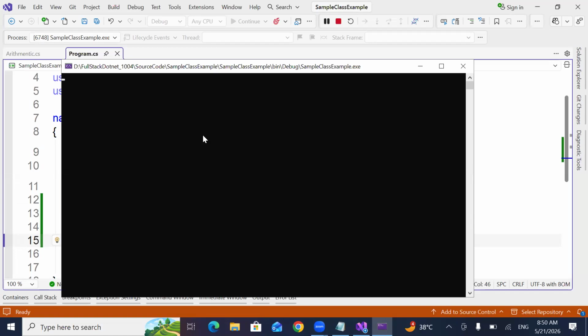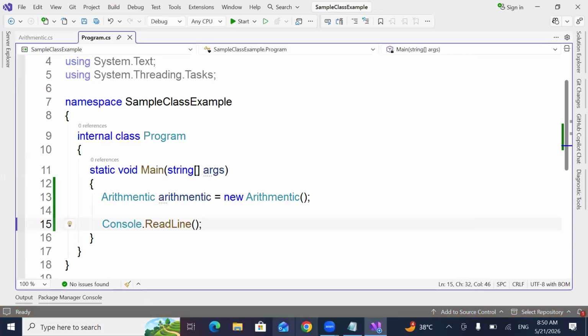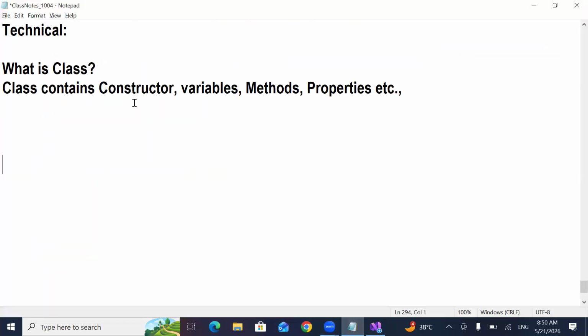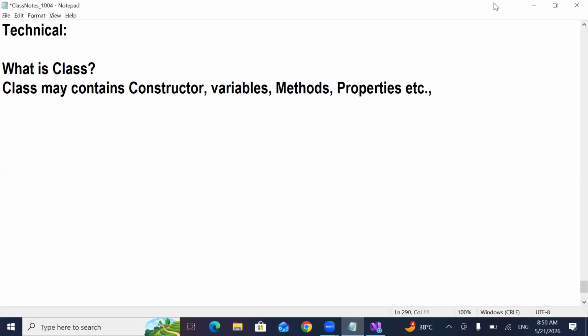No. So, can I say class may contain, I won't say class contains, class may contain constructor, variable, method, properties, etc. Am I right? My statement is right or not?